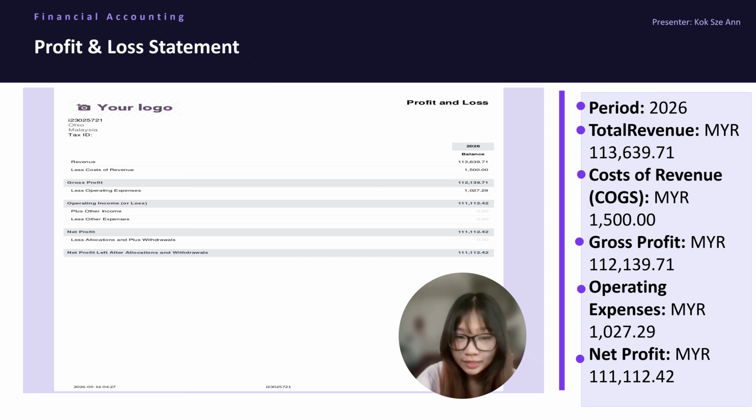Yes, now let me present the profit and loss statement, which has been updated already. The profit and loss statement was generated for the period of the year 2026. The total revenue is 113,639.71 ringgit. Unlike my previous report where the cost of revenue showed zero, the updated statement now shows the cost of revenue at